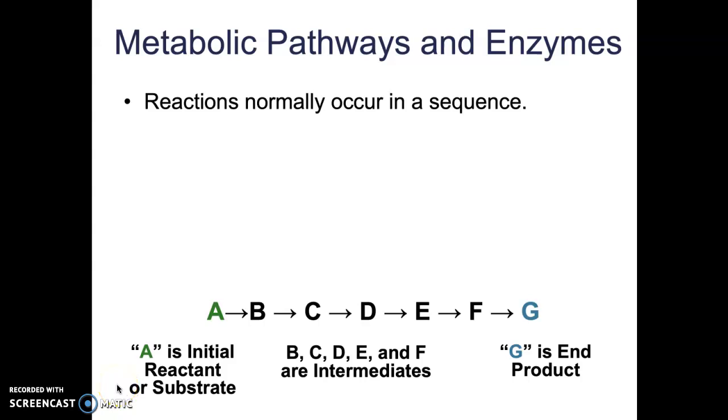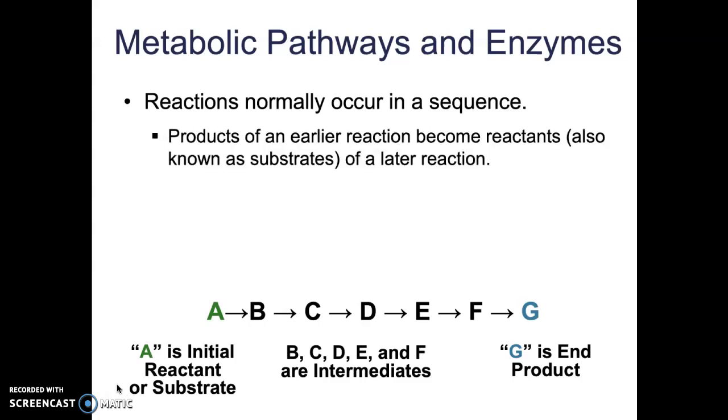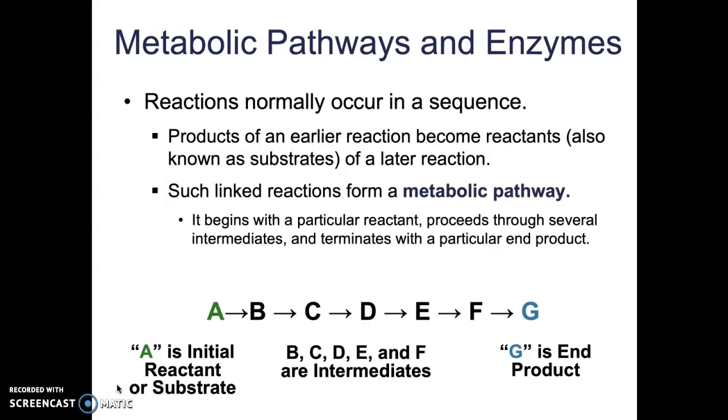All right, now reactions don't typically occur haphazardly in healthy cells. They're going to occur sequentially, so that the products of an early reaction will become the reactants for another reaction. This is what's known as a metabolic pathway. A metabolic pathway is going to begin with a particular reactant, proceed through several intermediates, and terminate with a particular